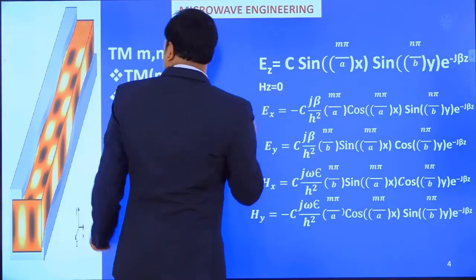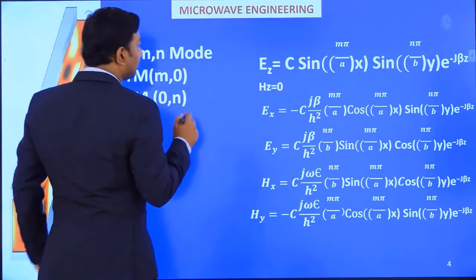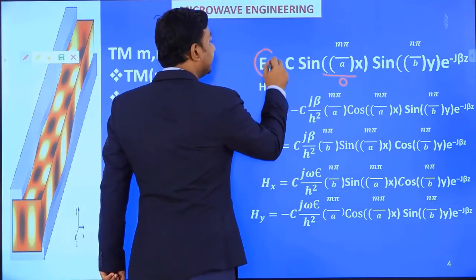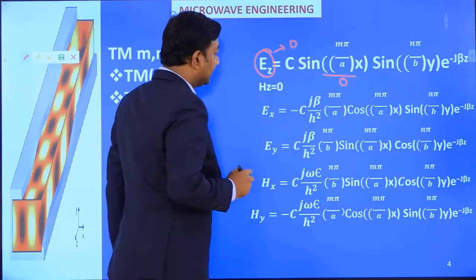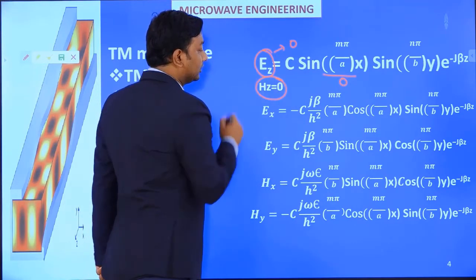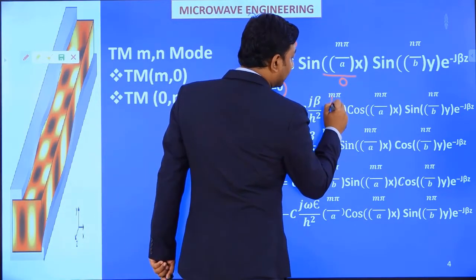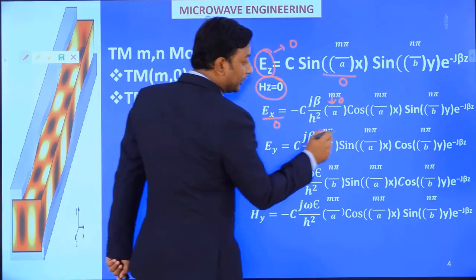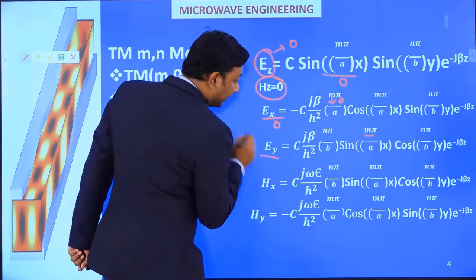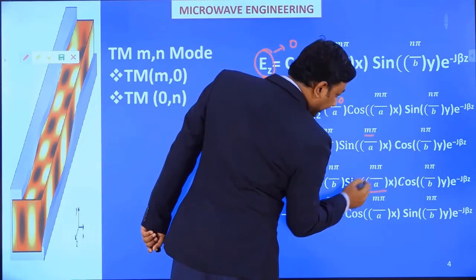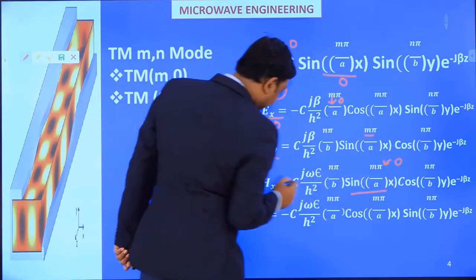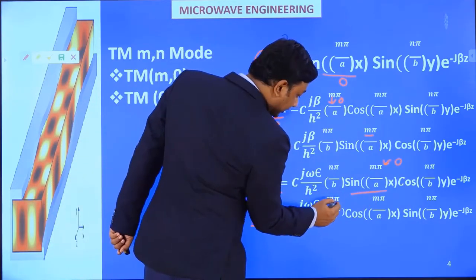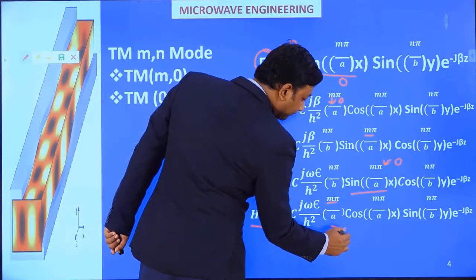we will see for the m equal to 0 case. This part is 0, so this part being 0 means the Ez value will be 0. Similarly, Az is earlier also 0. The Ex value, if we put m equal to 0 there, is also 0. And the Hx value, with m pi by a x, if we put m equal to 0, is 0. Similarly, the Hy value for m equal to 0, this part is also 0.